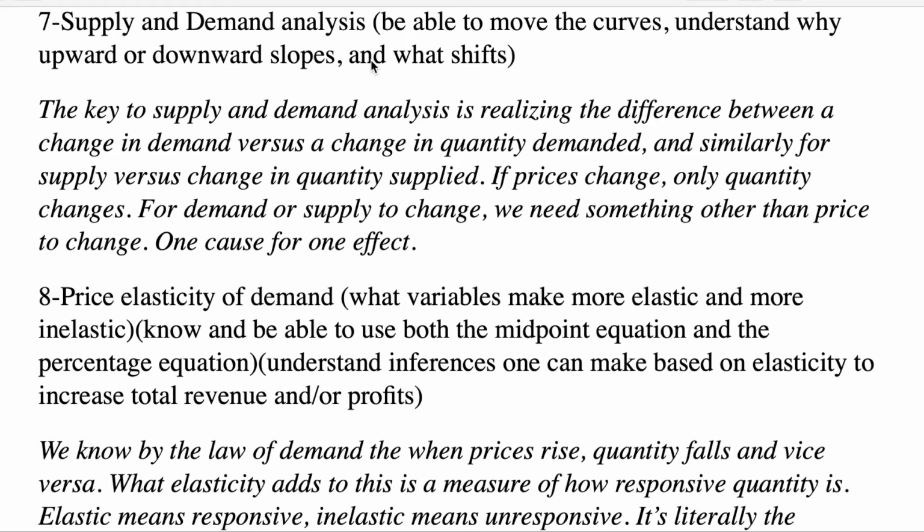And the same thing for supply. If there's a change in something other than price, you can get a change in supply. If price changes, you can only get a change in quantity supplied, if we're talking about the supply relationship. Thinking about why the demand curve is downward sloping, well, that's just the law of demand. At higher prices, there's a lower quantity demanded. At lower prices, there's a higher quantity demanded. And then with supply, as prices rise, sellers are going to be willing to bring a larger quantity to the market. At lower prices, sellers are going to be willing to bring a much lower quantity to the market. So that explains why the supply curve is generally upward sloping.